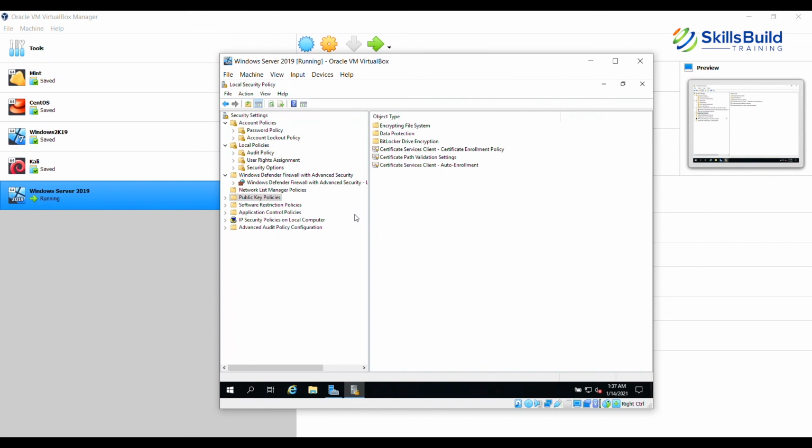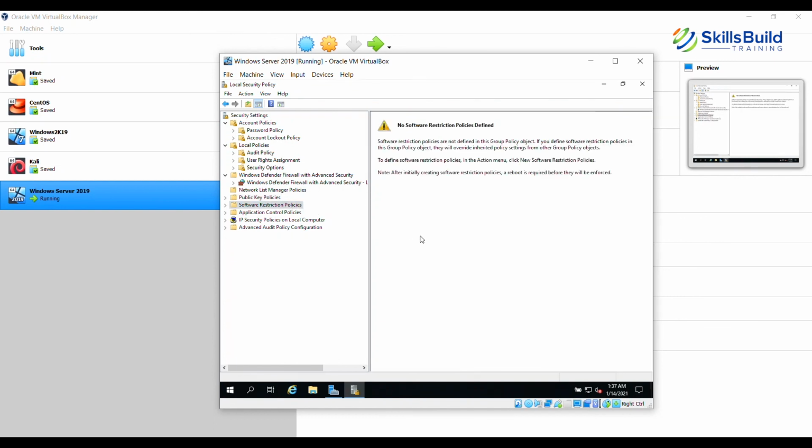So if there is a certificate that has been assigned by a public key authority or a certificate authority, that can be configured here. Then you have the software restriction policies. Now, in the software restriction policy, you can allow the software to be installed or uninstalled or block the users from installing particular applications. Then you have the application control policies.